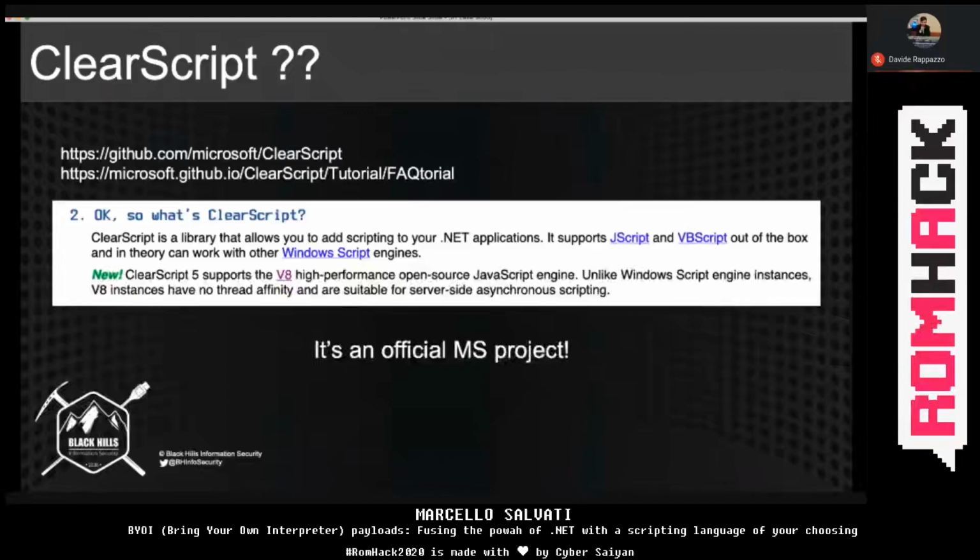Now, I originally thought this had its own JScript implementation, okay? It does not. It uses the built-in JScript implementation and VBScript implementation of the Windows Script Host environment on Windows, okay? So what this means is that any JScript or VBScript code that you run through this ClearScript engine is subjected to AMSI, okay? However,